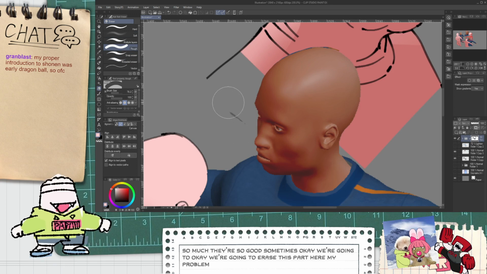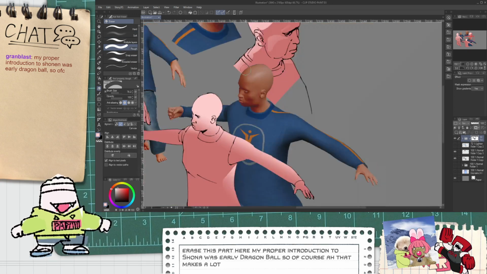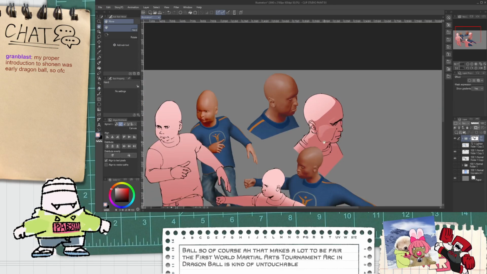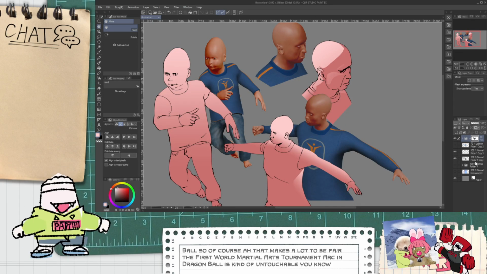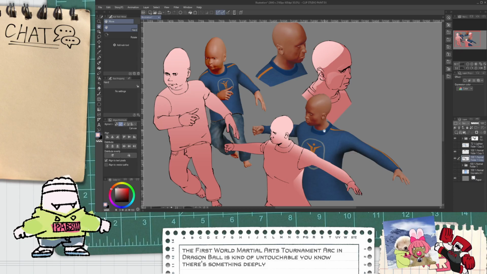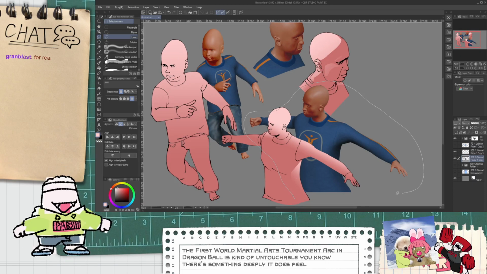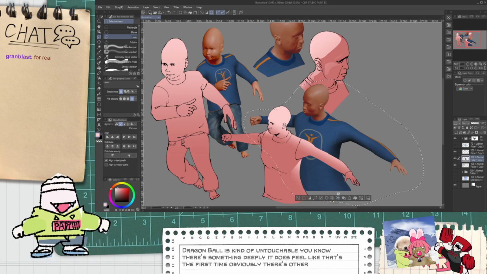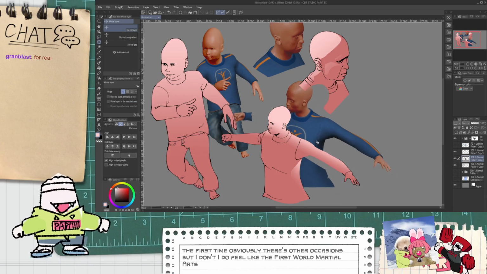My proper introduction to Shonen was early Dragon Ball, so of course that makes a lot of sense. To be fair, the first World Martial Arts Tournament arc in Dragon Ball is kind of untouchable. You know, there's something deeply... It does feel like that's the first time... Obviously, there's other occasions, but I do feel like the first World Martial Arts tournament we see in Dragon Ball